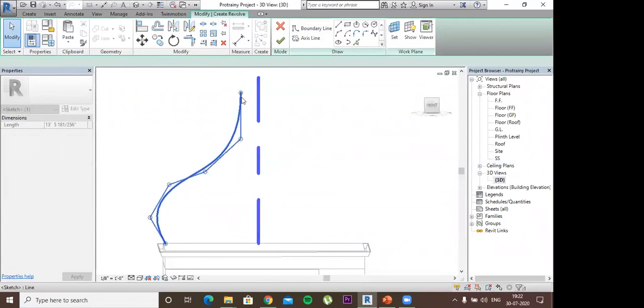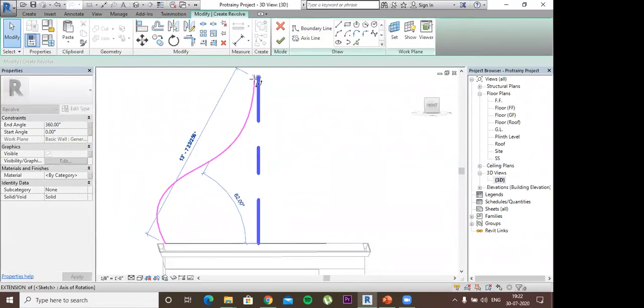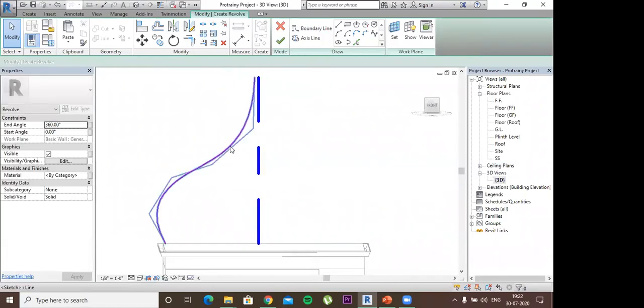You can also edit the joints of the spline if you have by mistake made something like this. Now your boundary line should be a closed line, so I'll try to close it by making a 2-inch offset, that is the width of this thing.